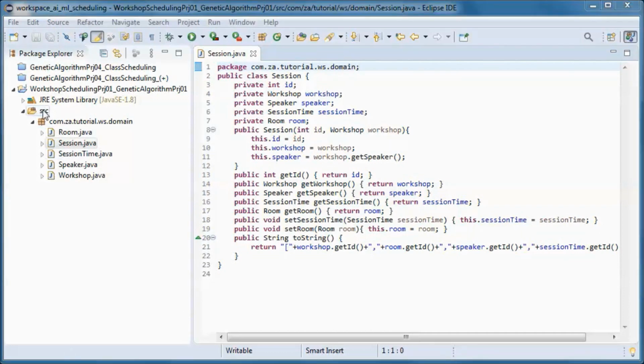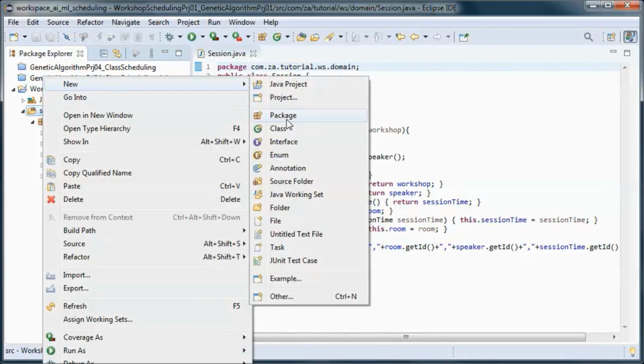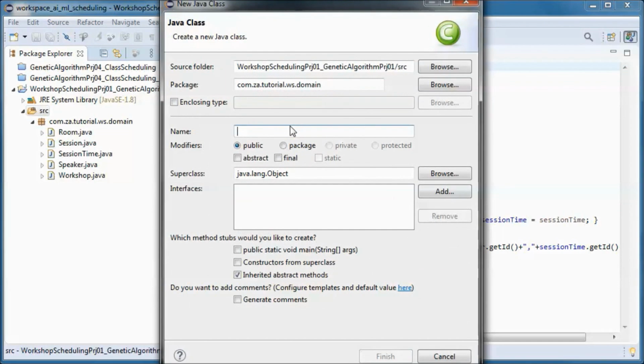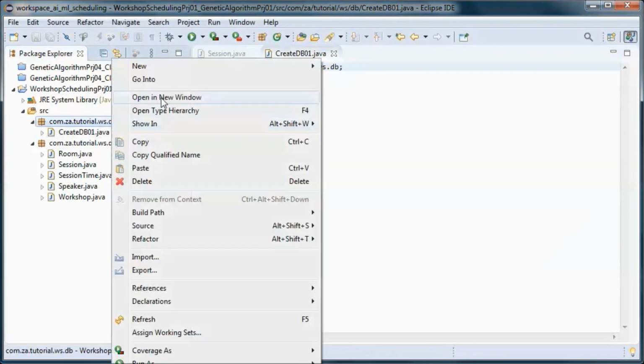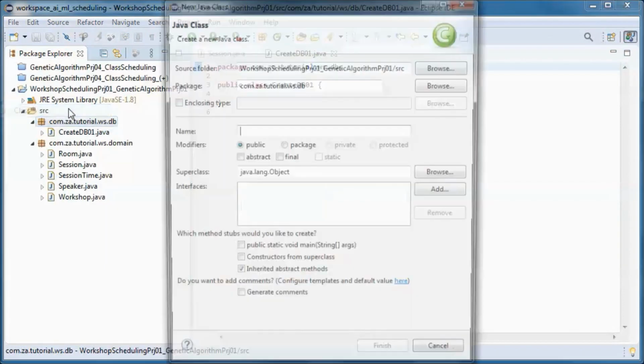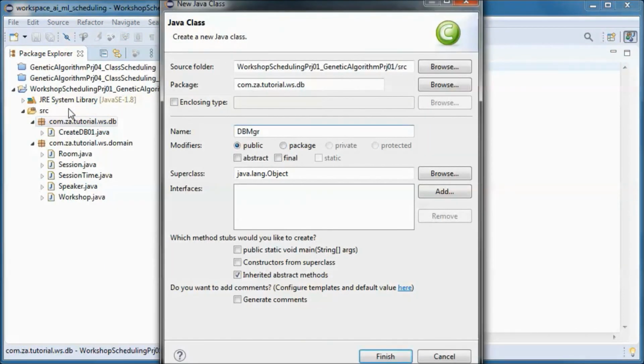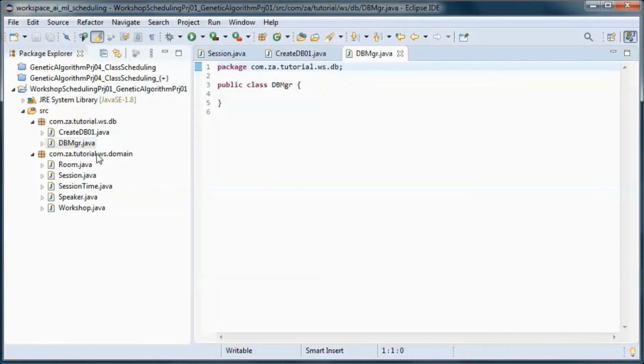And this class will create and populate the database, and this will have select statements to pick up data from the database and populate the domain objects.